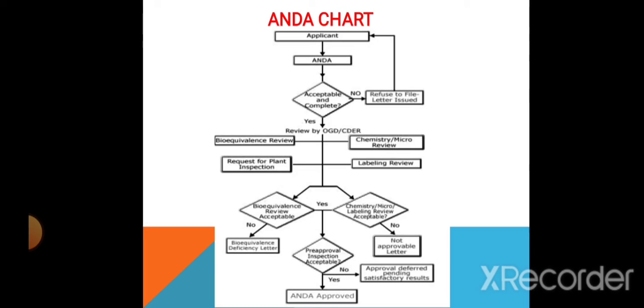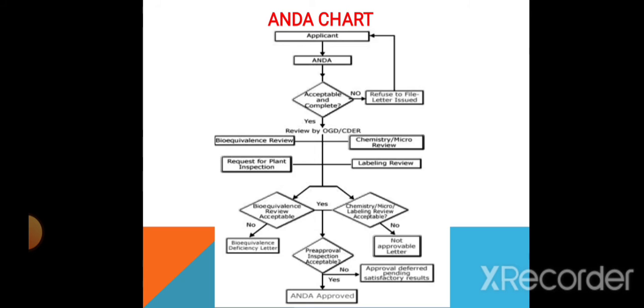During ANDA filing, the concerned department checks and accepts or denies, which refuses the file. If it is refused, the applicant again edits or makes changes and applies again. If the ANDA file is accepted,